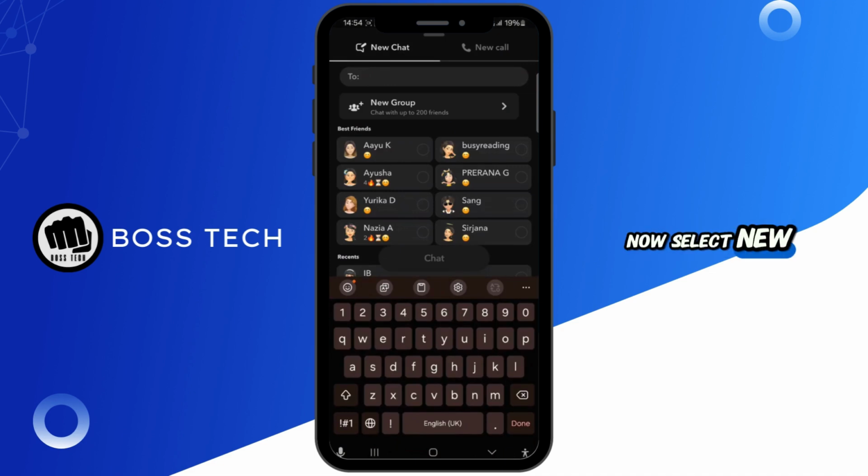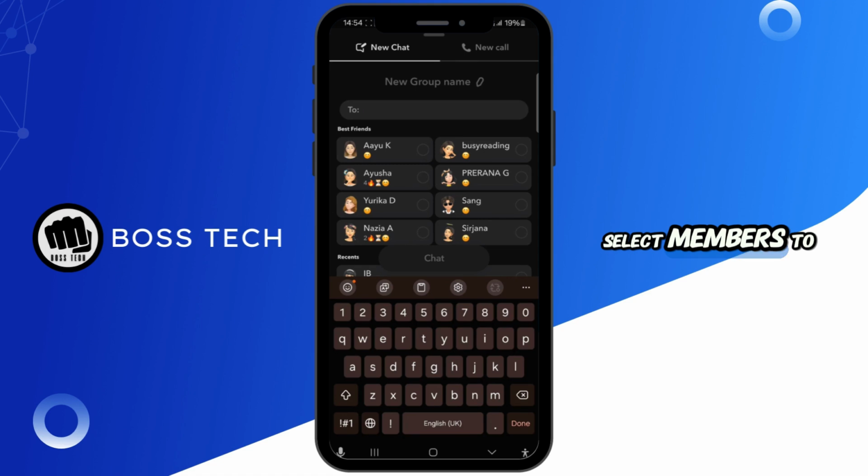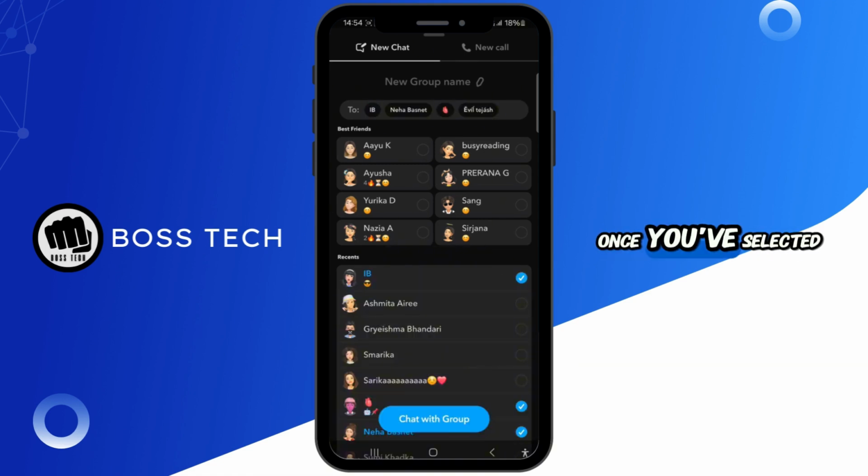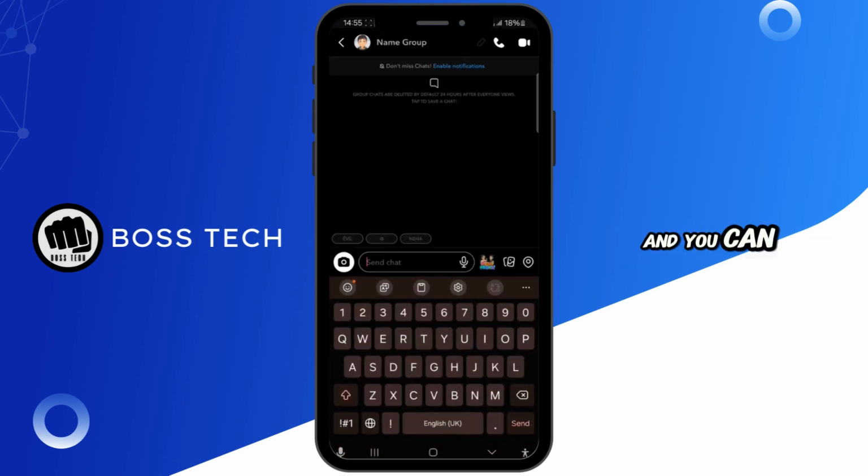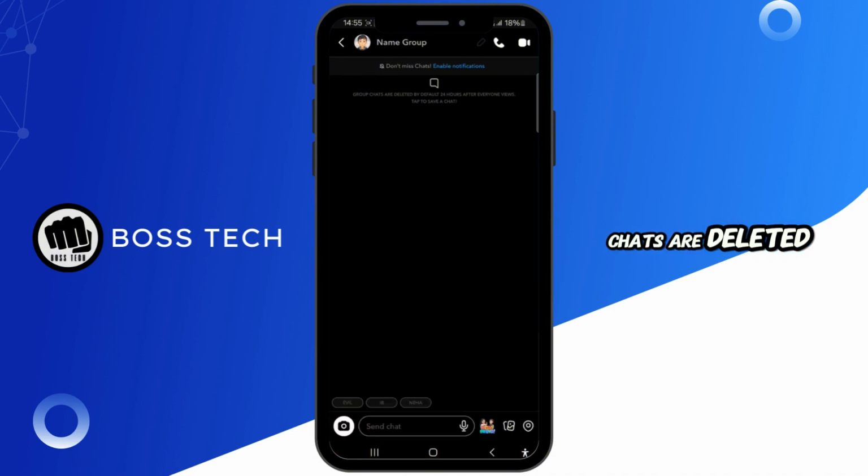Now select new group in the top. Go ahead and select members to add to your group. Once you've selected the members, go ahead and tap on chat with group that is highlighted in blue color in the bottom. And you can see that the group has been created and the group chats are deleted by default